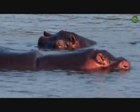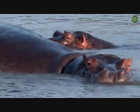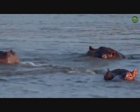And how they normally like to rest is they bunch up together, and then you'll often see them resting their heads on one another quite a bit. But now they're not very sleepy, and I'm glad for that. They are getting ready to wake up